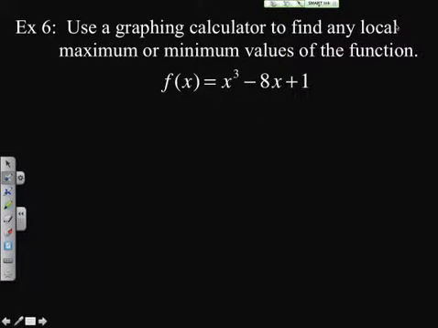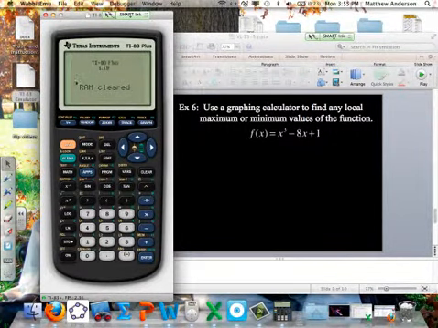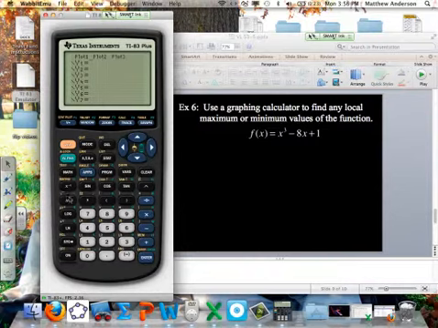Okay, in this one we want to use a graphing calculator to find any local maximum or minimum values of the function. So I'm going to go ahead and pull up our graphing calculator here. Now notice as we look at this, the first thing I want to do is go to y equals and type this in. The x key is right here next to the green alpha key, so we have x, we have to use our caret symbol, x raised to the 3rd power, minus 8x